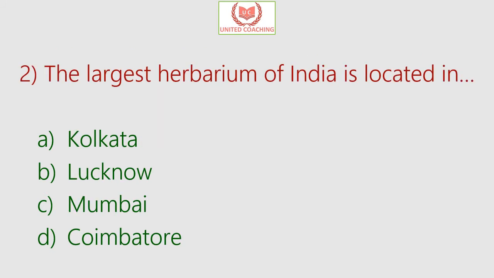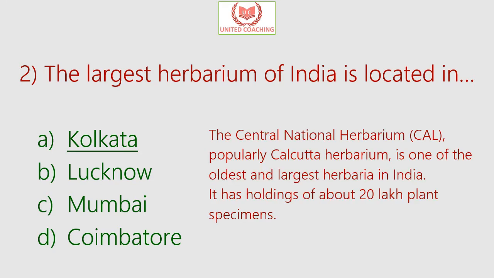Our next question is, the largest herbarium of India is located in. So is it in Kolkata, Lucknow, Mumbai or Coimbatore? So answer is Kolkata. The Central National Herbarium, popularly known as Calcutta Herbarium, is one of the oldest and largest herbaria in India, and it has holdings of about 20 lakh plant specimens collected from different geographical regions of India